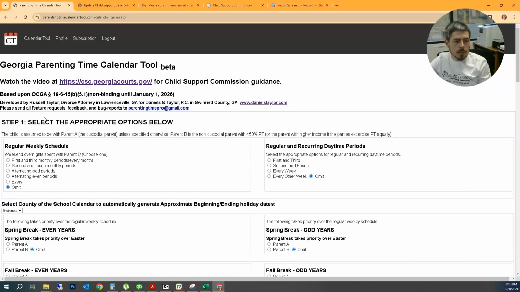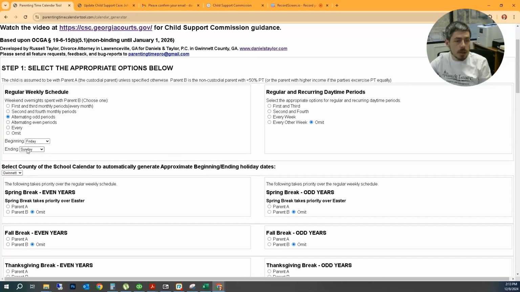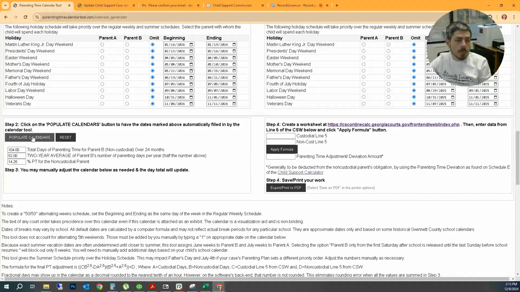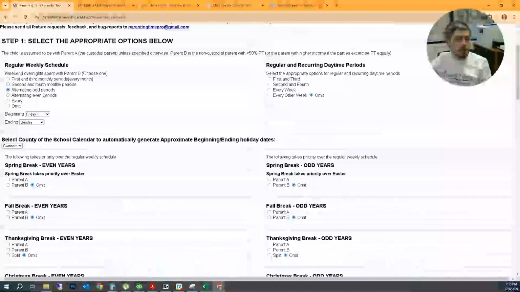It's very common for a non-custodial parent to have some sort of a weekend schedule if they live anywhere close. Alternating weekends, if that looks like a Friday to Sunday, then just click alternating odd periods. If it's Friday to Monday, you can obviously change that, but for right now, we're going to leave it as Friday to Sunday. And then go down to the bottom, click populate calendars, and now it brings up a number